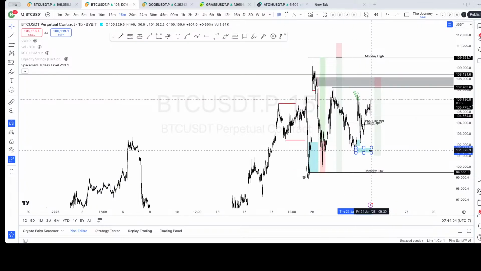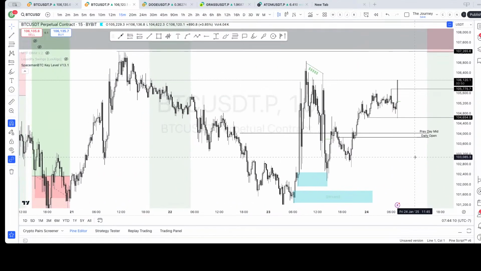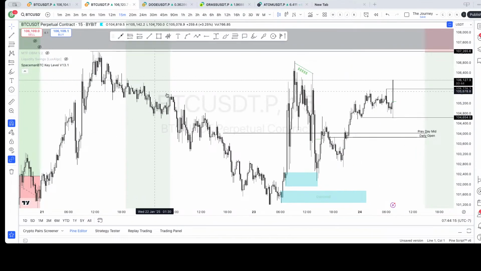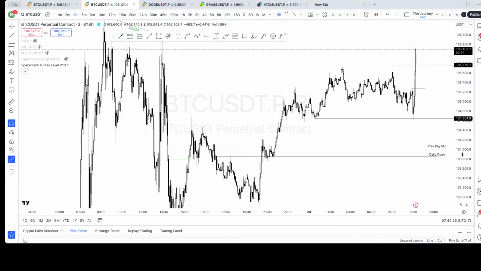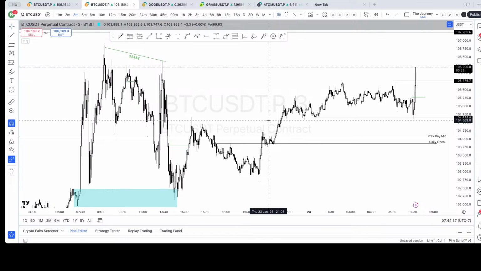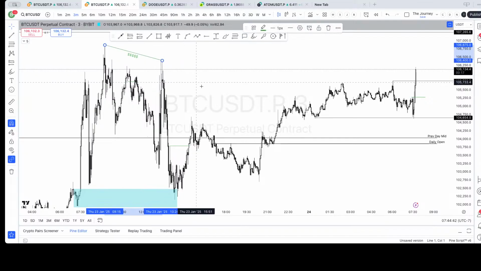I don't know if we really have any reason to leave that there. No, I don't. Yeah, that seemed pretty obvious this morning, if you ask me. But whatever, it is what it is. TA on Bitcoin done. What's next?